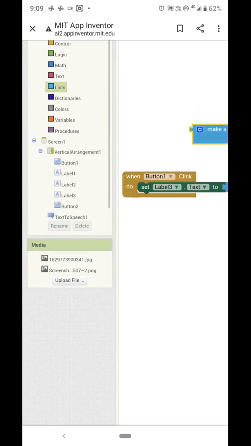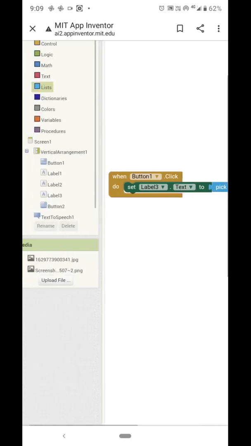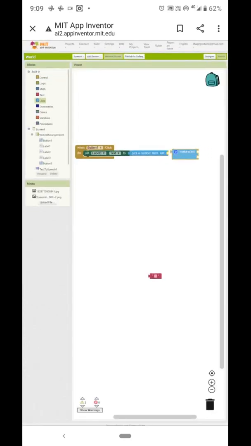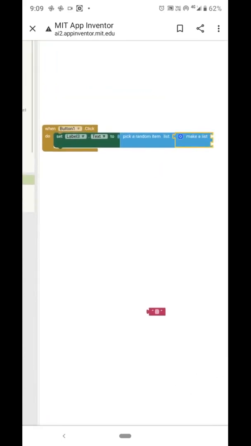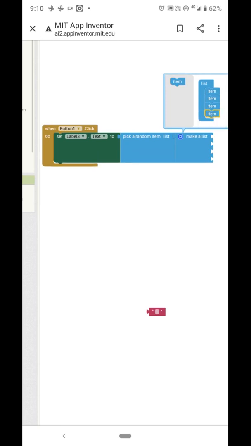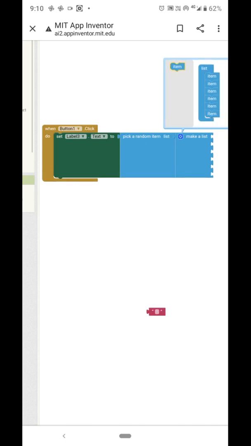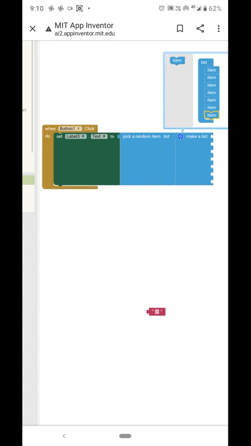Just drag, make a list and attach it here. Click on this dark blue color and add atoms here. How many you want, just drag and add here.